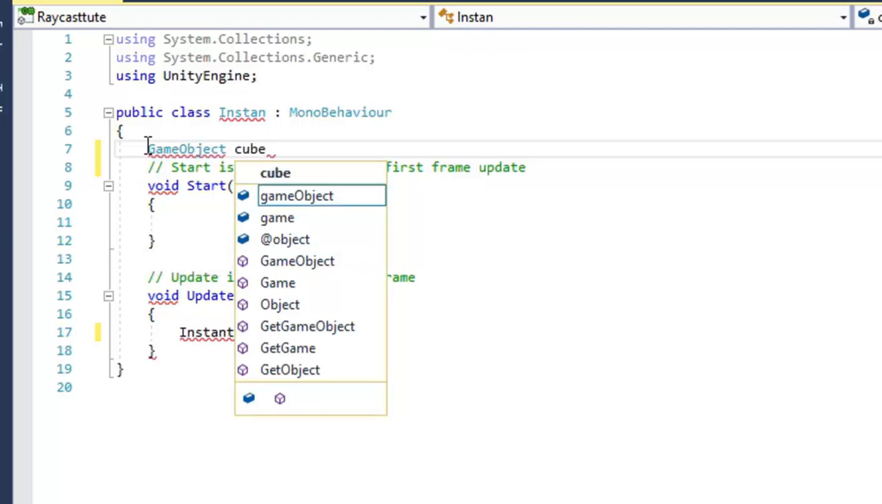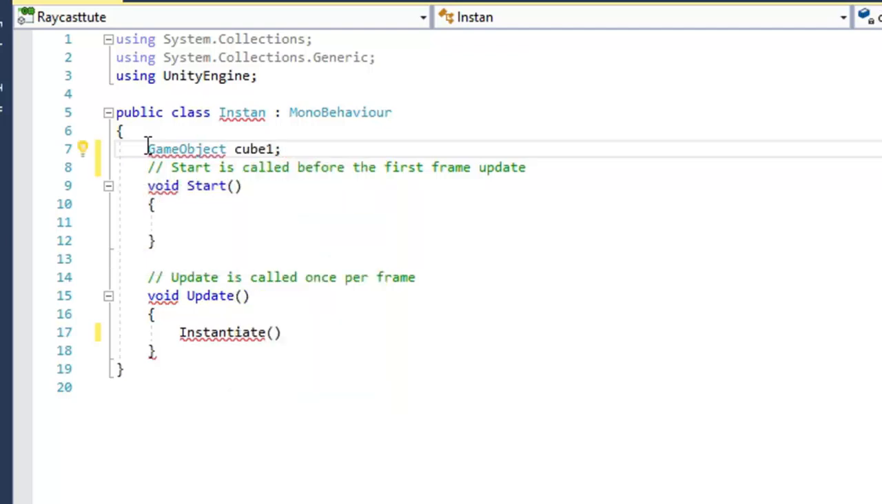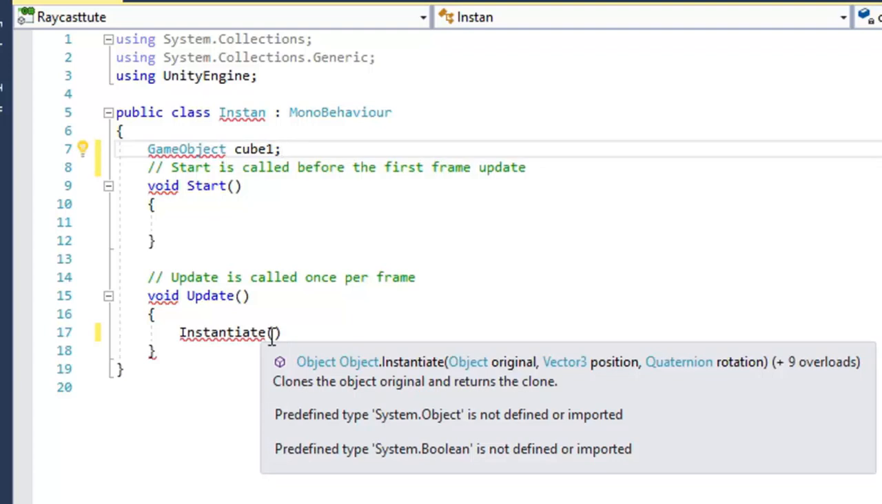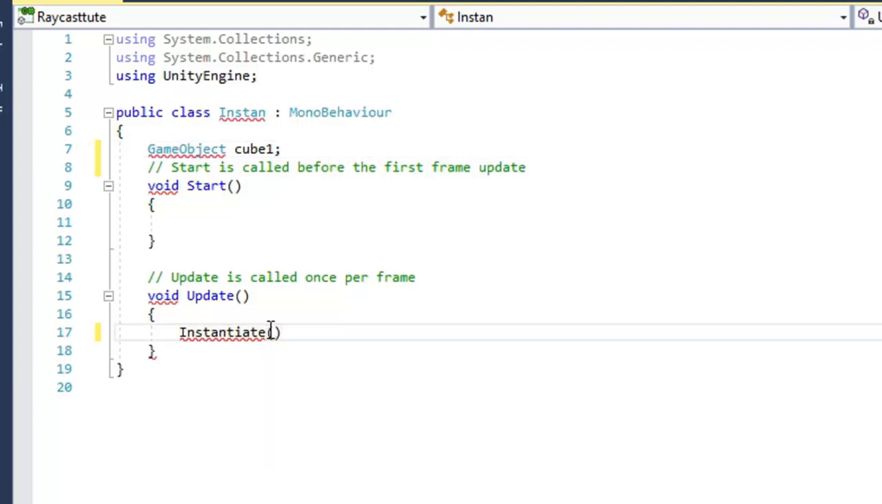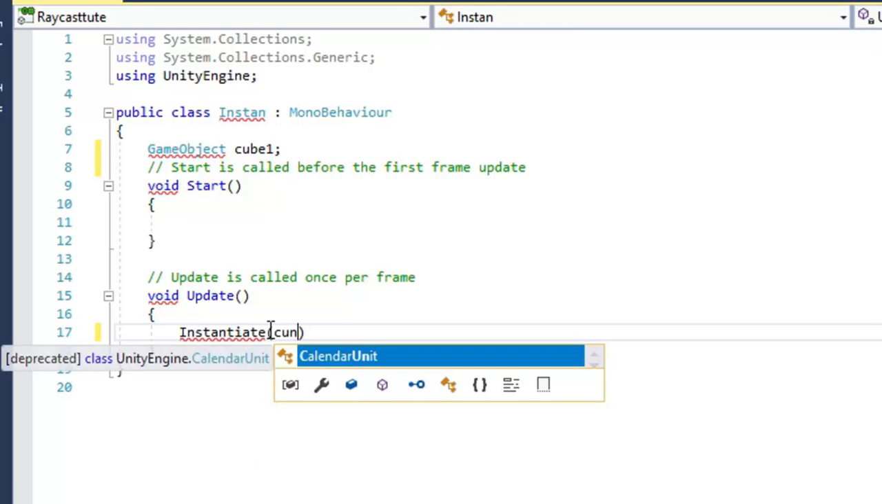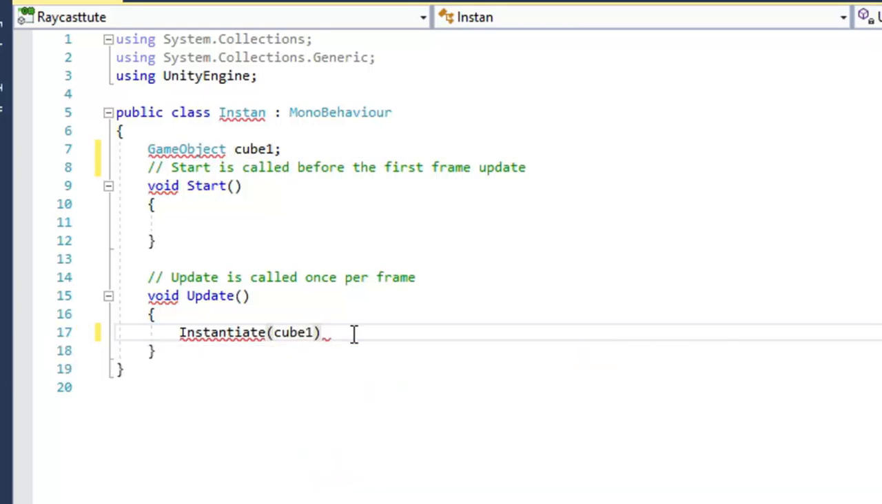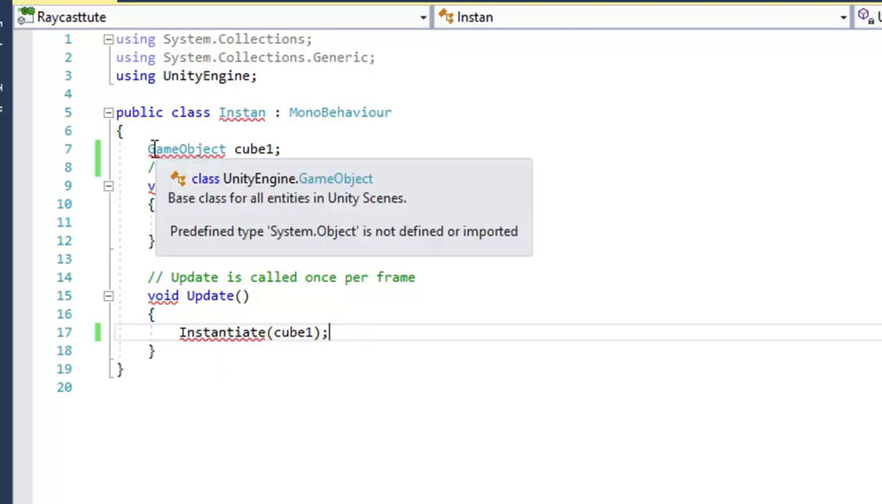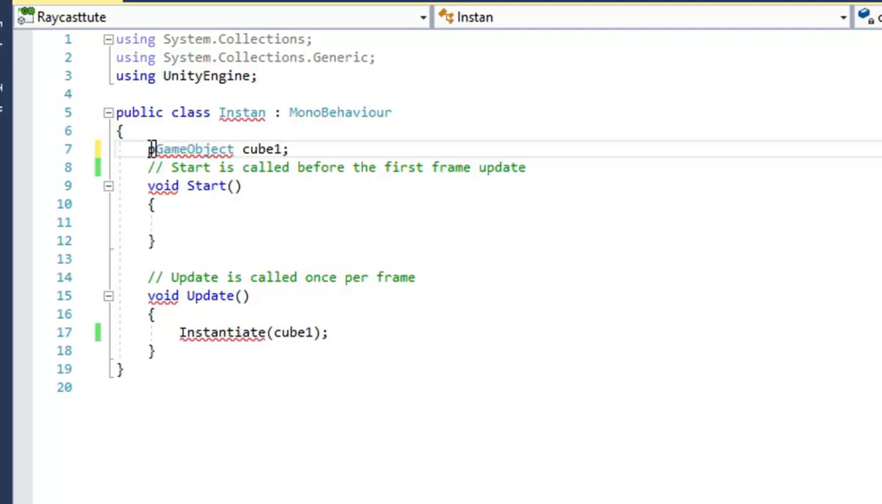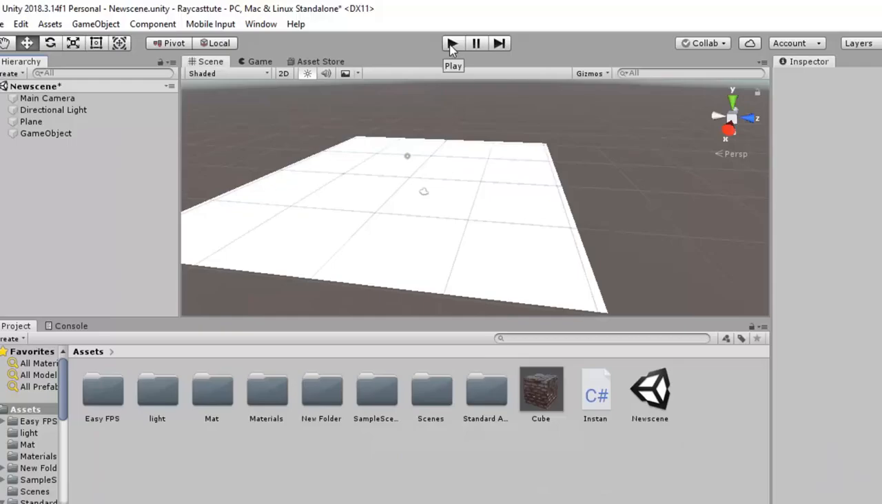Suppose cube1. Here I have initialized a cube1 variable of game object type. Now I will pass it in this instantiation function. Okay, it must be public. So now if I will run this script,